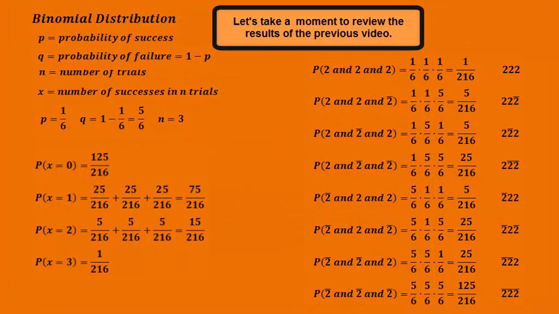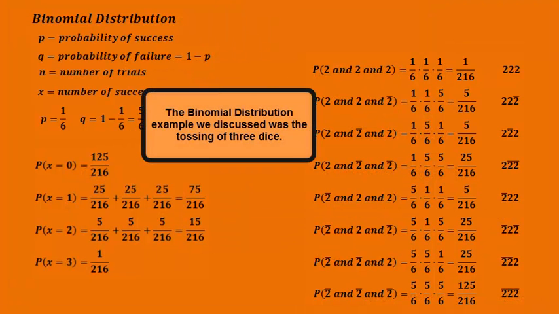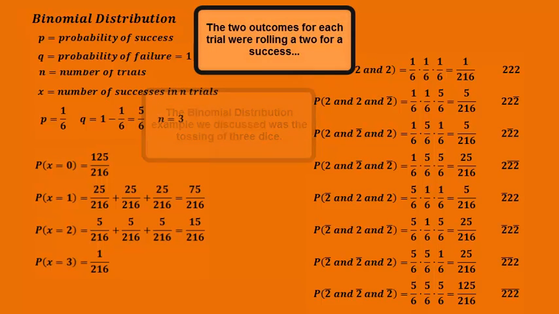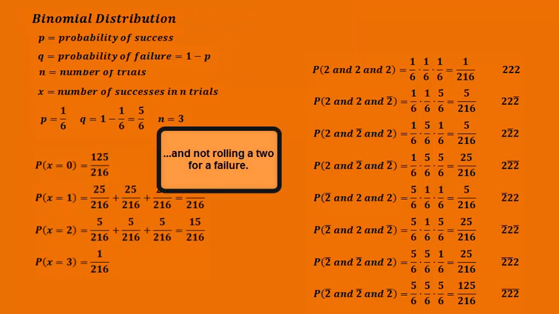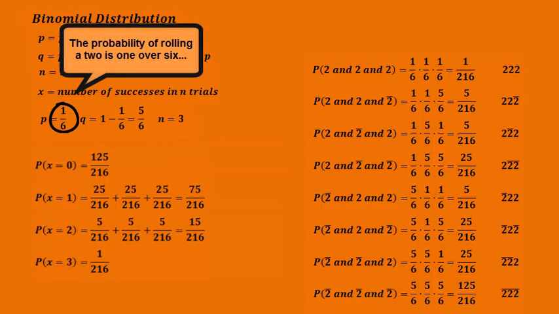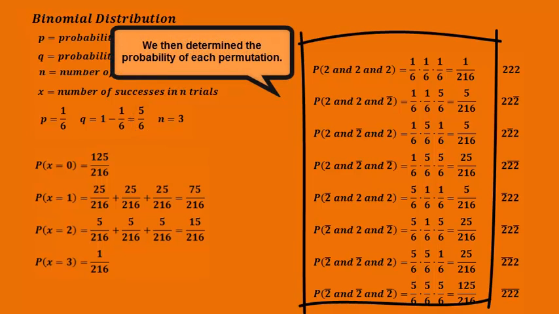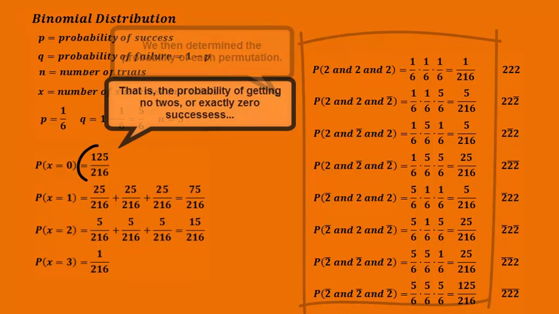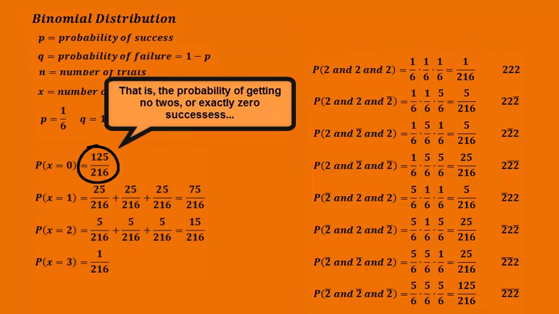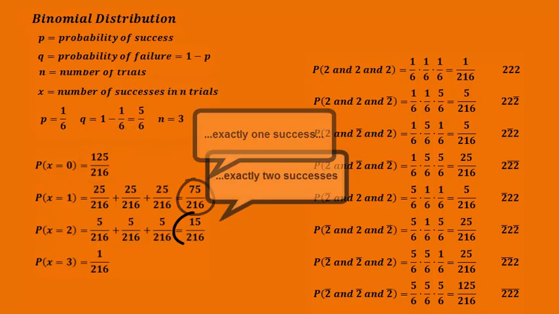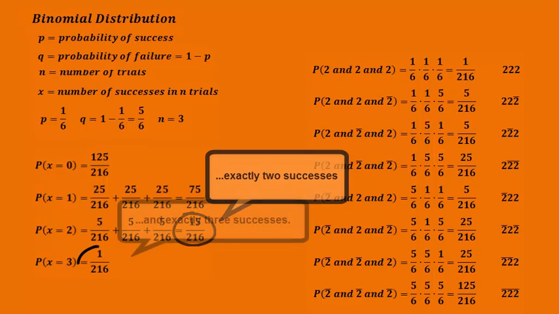Let's take a moment to review the results of the previous video. The binomial distribution example we discussed was the tossing of 3 dice. The 2 outcomes for each trial were rolling a 2 for a success and not rolling a 2 for a failure. The probability of rolling a 2 is 1 over 6, and the probability of not rolling a 2 is 5 over 6. We then determined the probability of each permutation. That is, the probability of getting no 2s or exactly 0 successes, exactly 1 success, exactly 2 successes, and exactly